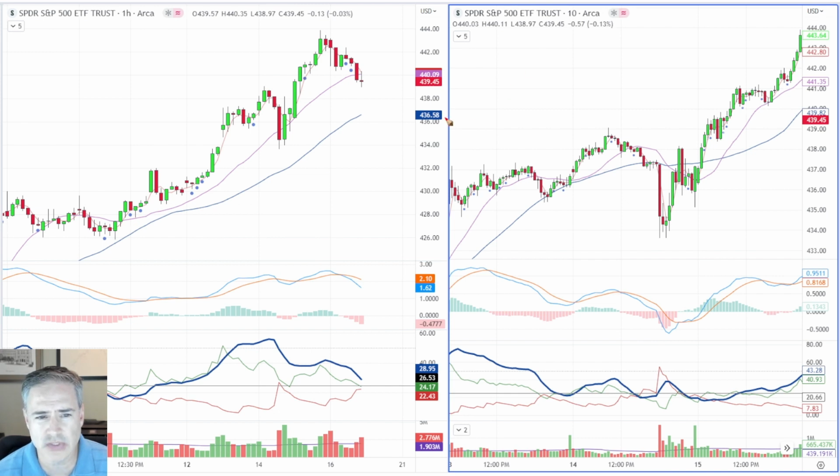All right, so let's just start, and I want to look at this and evaluate this pullback, and this is the same pullback. So this pullback here is the pullback on the 10-minute, all right? And what we're doing is essentially taking an x-ray of this move here, and that's what's showing up here. And we get a lot more detail, and that's why we want to use multiple time frames.